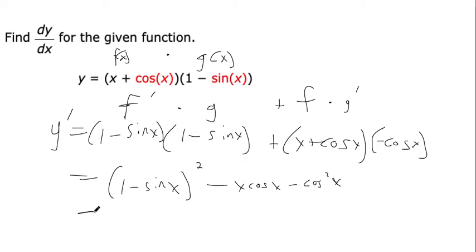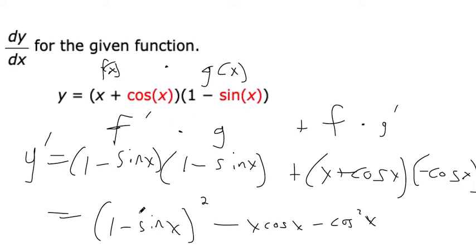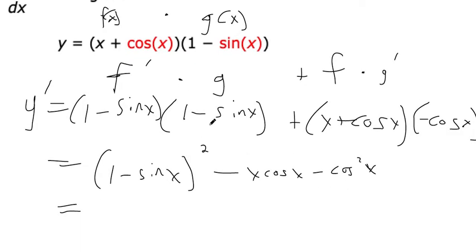I'm going to expand, and the reason is because I've got, no, that's not going to help. I was trying to use sine squared plus cosine squared equals 1. That could still happen, but we're going to get a positive sine squared here, so that won't help us. I don't know, that might be as neat as it can go. But instead of wrapping that up as 1 minus sine squared,